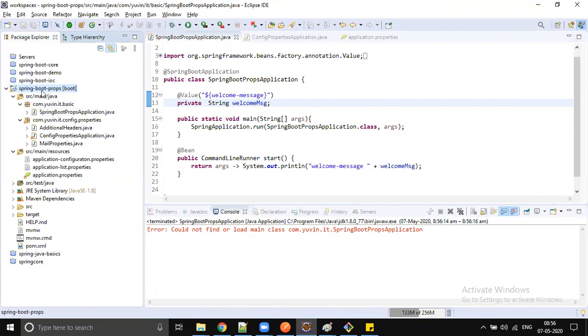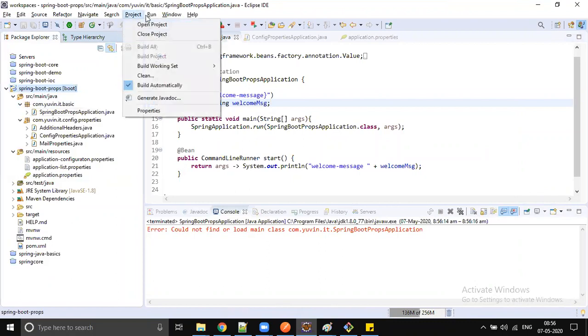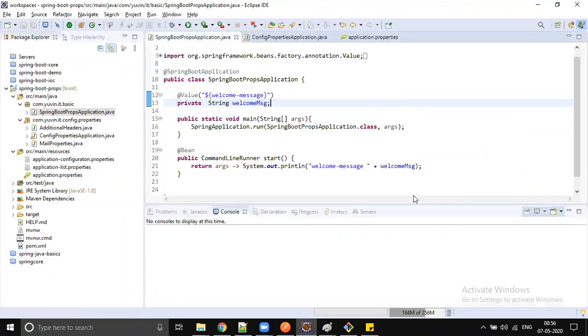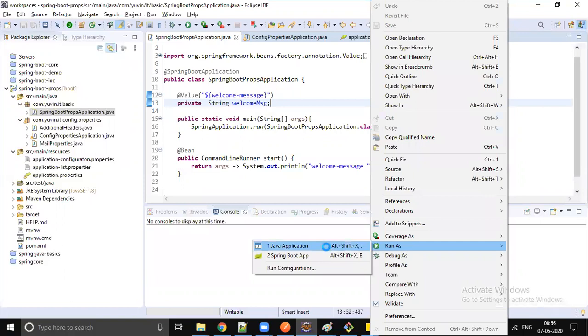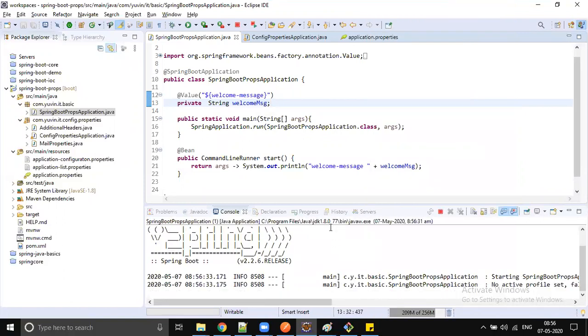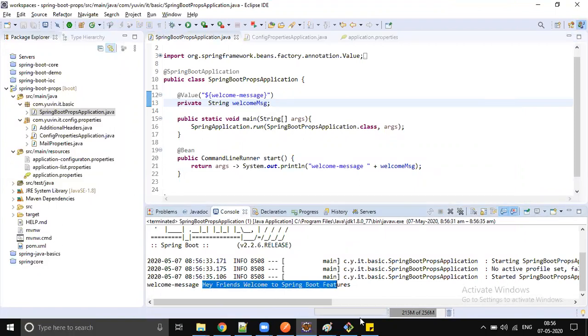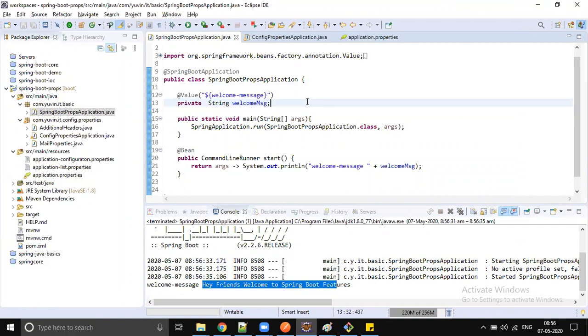Let me do one. Just refresh the project, clean the project, right click, run as Java application. Hey friends, welcome to the Spring Boot features. What happened? Why is our message not picked?